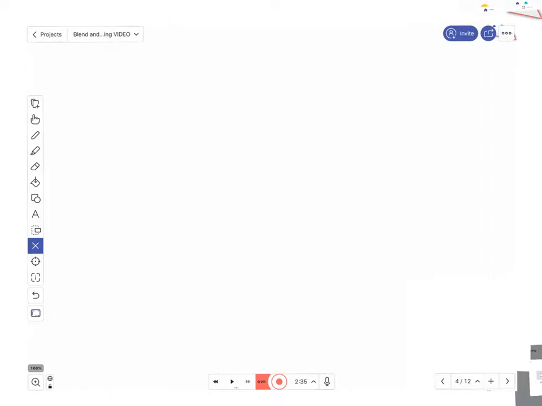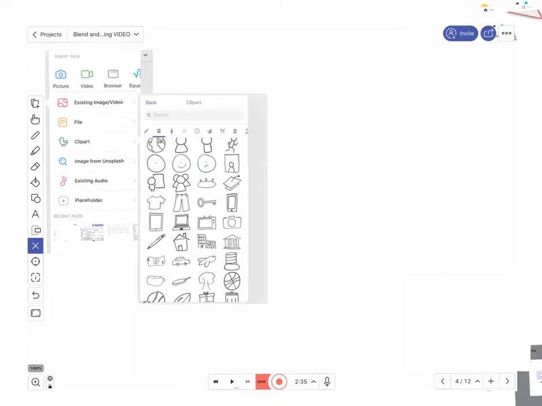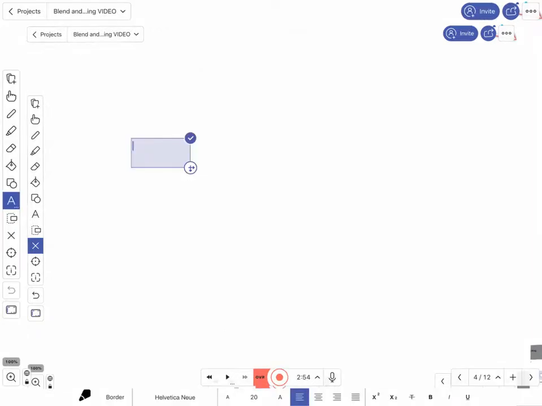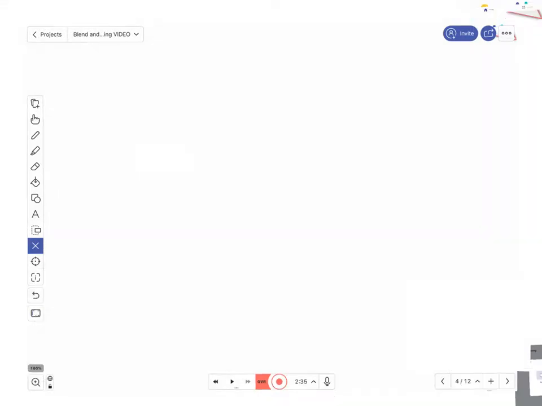And from here, what you would choose to do might be to insert an existing image, a file, or maybe even clip art. Some of the clip art you could see here if you wanted to insert something there. You would notice that if you had chosen to click on the font, the text box would open up, and down you would be able to check and select the color and the font type. In selecting the font, you could even select the color and the fill, and you can even customize those colors as well. So you might want to type something,